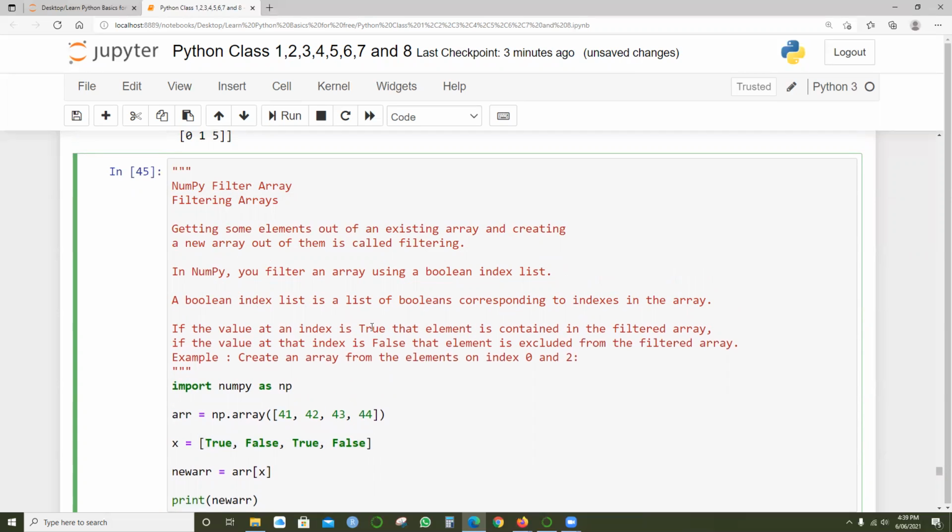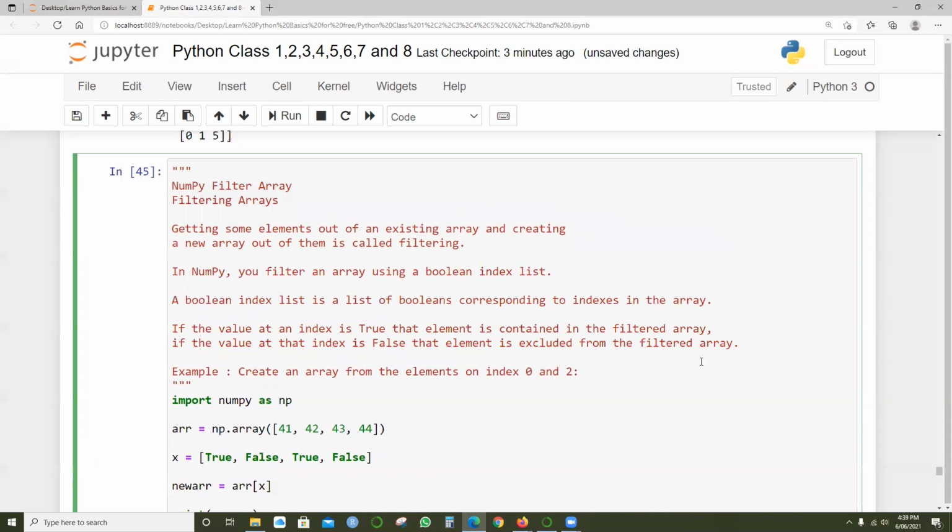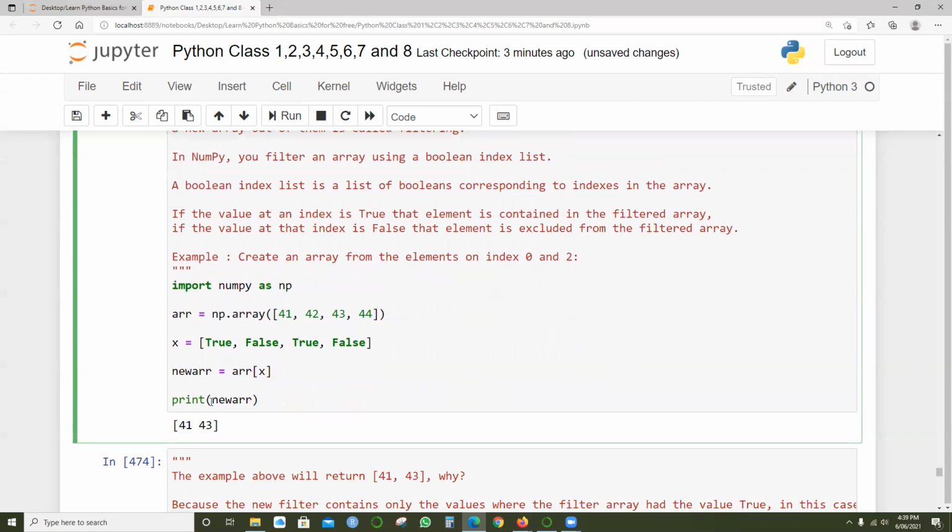If the value at an index is true, then the element is contained in the filtered array. If the value at the index is false, then that element is excluded, which means it won't be displayed in the filtered array. If it is true, the value is displayed; if it is false, it won't display that particular value. Wherever it says false, it won't display. It will display only the true values.